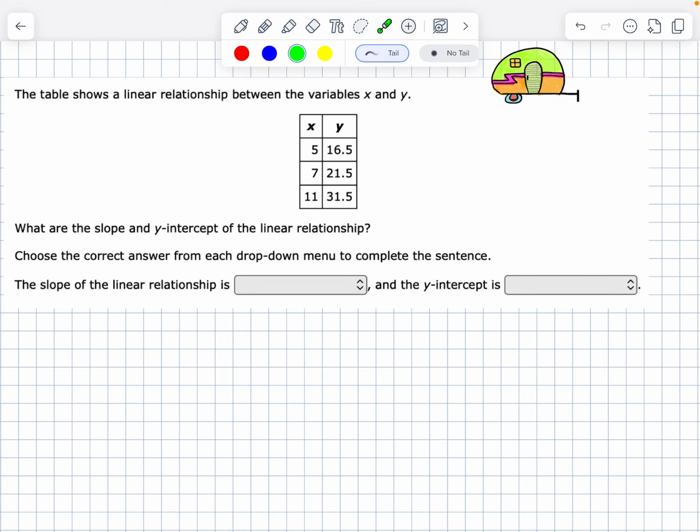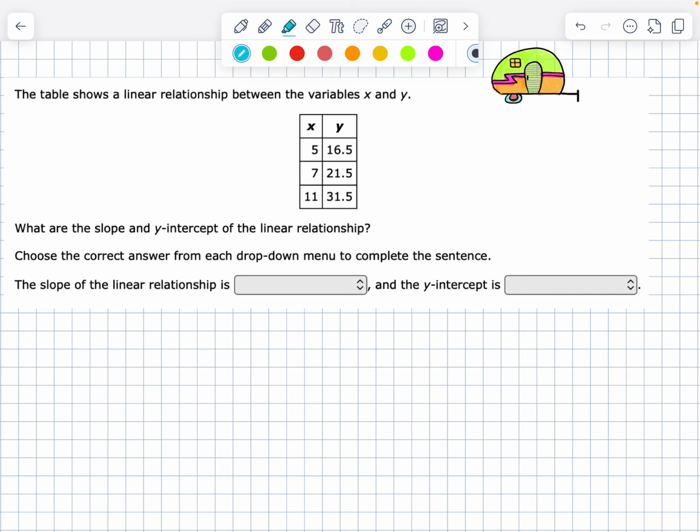In this problem it says, the table shows a linear relationship between the variables x and y. What are the slope and y-intercept of the linear relationship? And then they want you to choose the correct answer from the drop-down menus to complete the sentence. This particular question also was worth 2 points. Okay, so